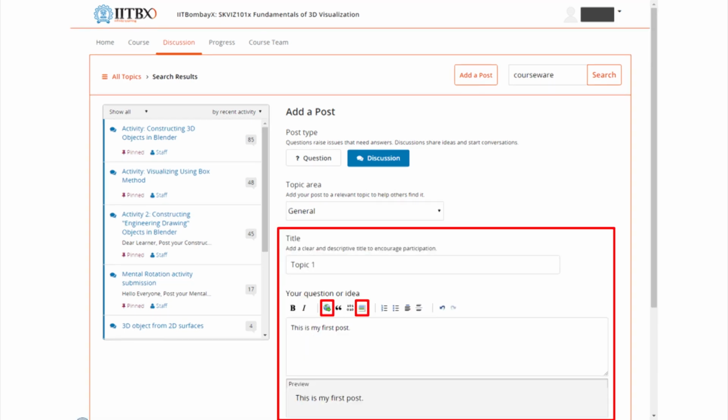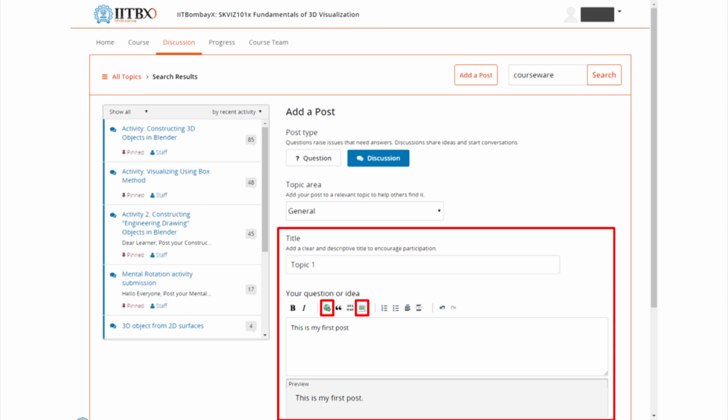Once you have selected the topic around which this post is going to be created, the platform will provide you an option to give an appropriate title. This is very important, and please avoid vague titles such as a query, a question, or actually some posts that we have seen without a title. This only makes it non-communicative, and the readers are not able to find any clue about what this content is all about. Give a specific title, and the box below will allow you to type in your post.